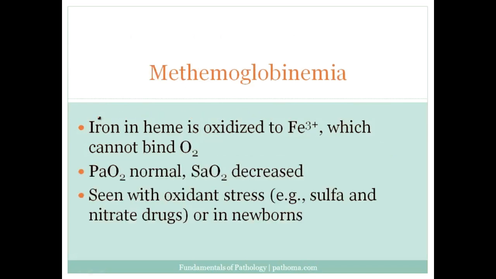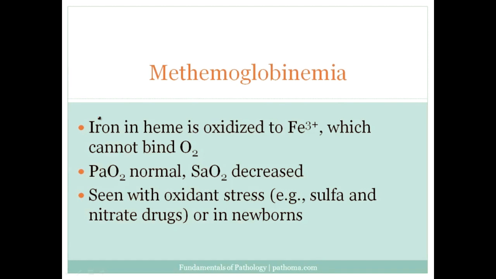A third way by which we could decrease the O2 carrying capacity of the blood is called methemoglobinemia. The idea here goes back to a little bit of biochemistry, so this is why it becomes high yield. Again, examiners love to take biochemical principles and apply them to clinical scenarios, it's a great way to test. So these things become very high yield. You don't really see methemoglobinemia very commonly except on examinations.